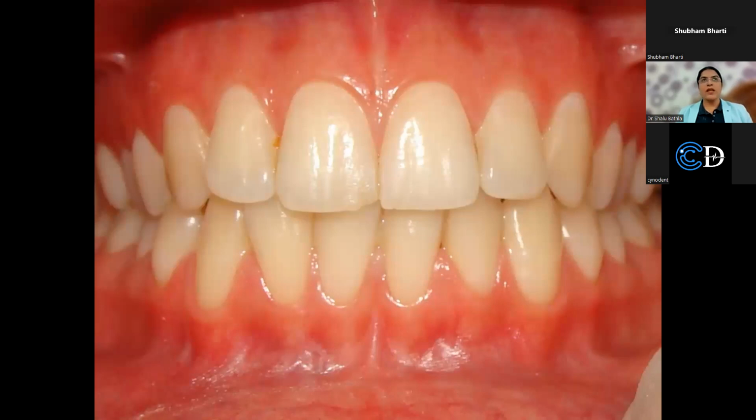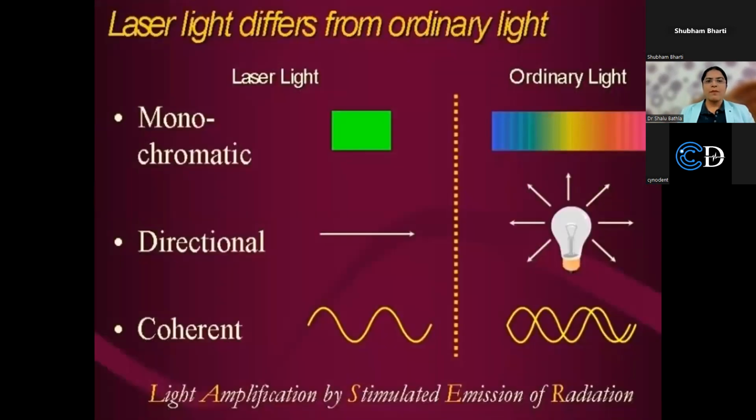But with the lasers and with the implants, you can actually change the way we treat a perio patient. In this presentation, I would tell you how we can harness and use the lasers and implants to change the face of not only perio, but of dentistry as such.